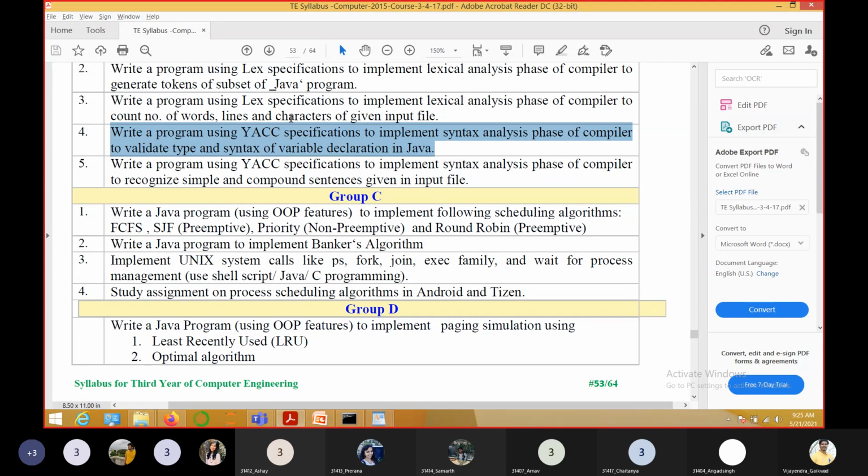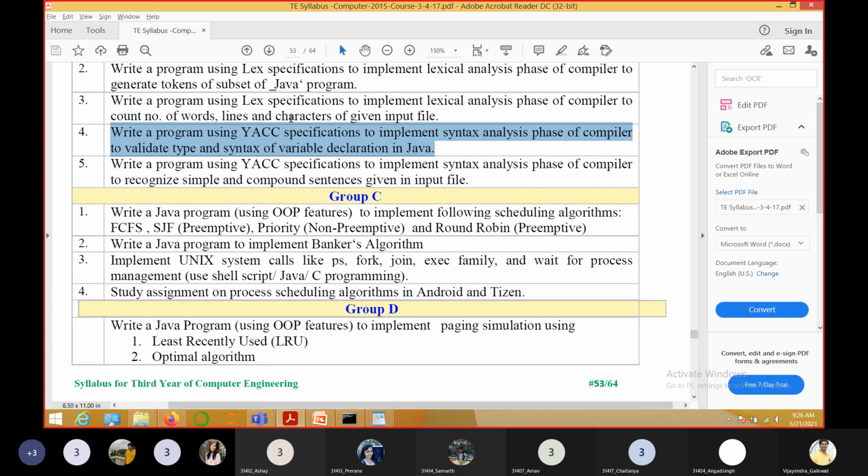Okay, so whatever tokens were created in the first phase of lexical analysis, those tokens, as we know, are submitted to the second phase, that is to the syntax analyzer. And then based on the rules which are imposed on the tokens, the syntax analyzer is going to decide whether the statement is correct or not, whether it is valid statement according to the rules or not.